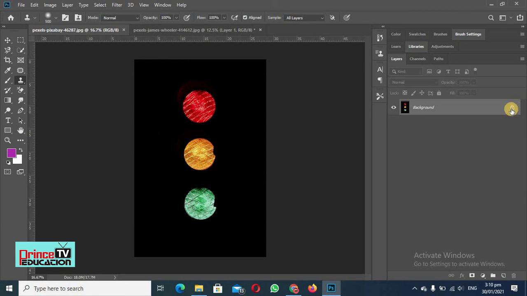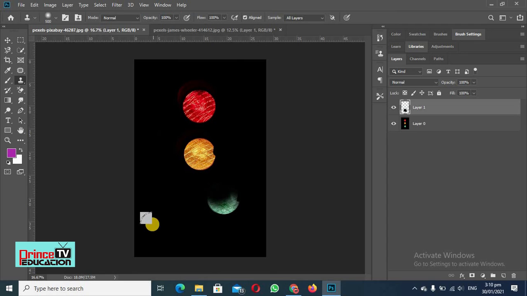So for that we will unlock this layer, and I will add another layer so that I can visualize the changes. So what I will do, I will press Alt, then I will click, and I will use it to remove this image.